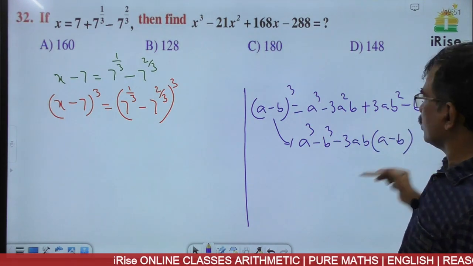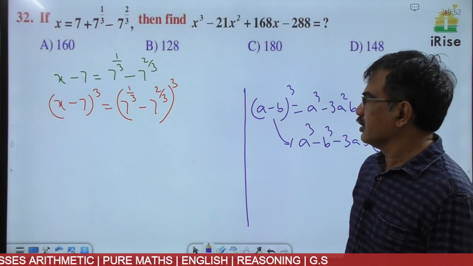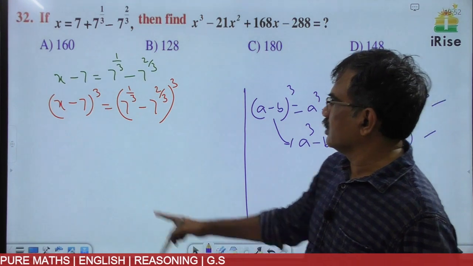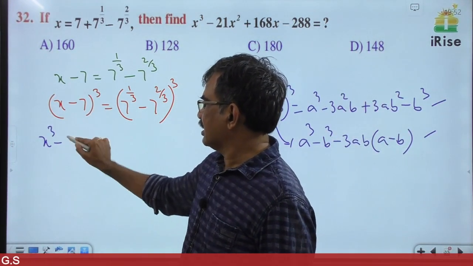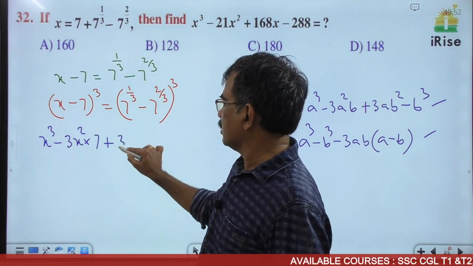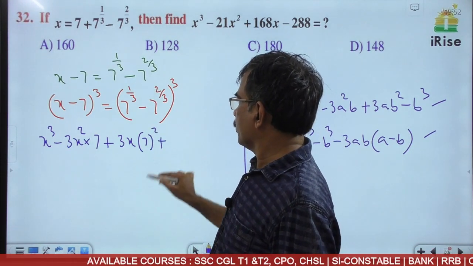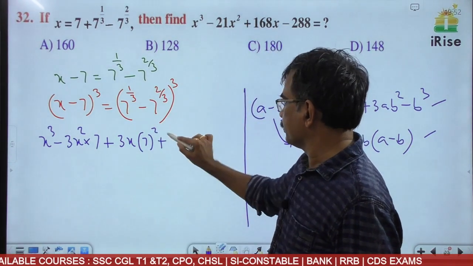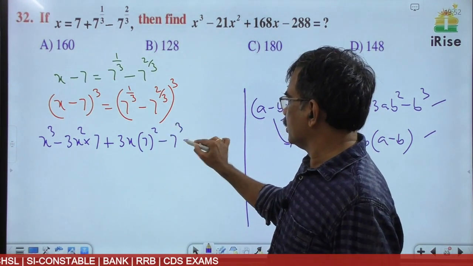I want to use both the formulae for LHS and RHS. Okay, see carefully. The left hand side is a cube minus 3a square into b plus 3ab square, minus b cube, is equal to,